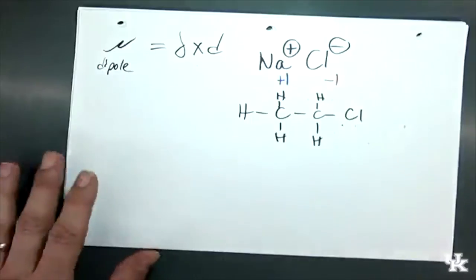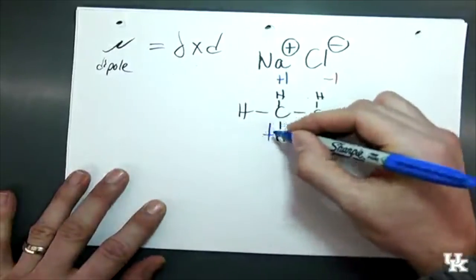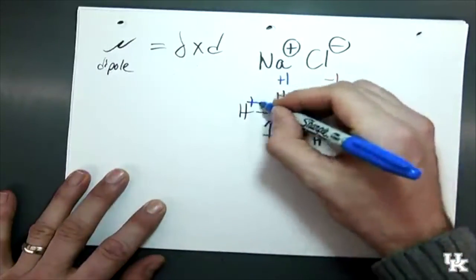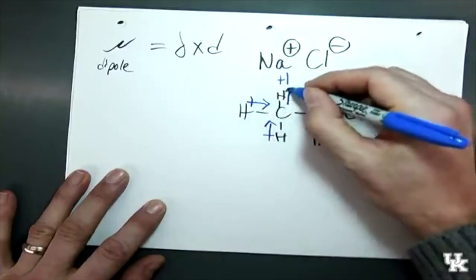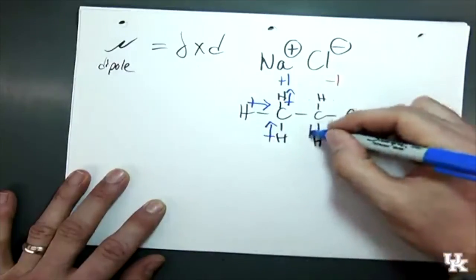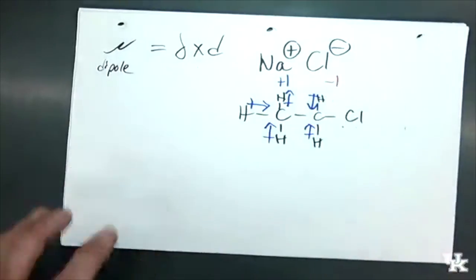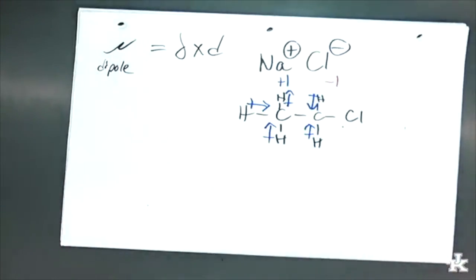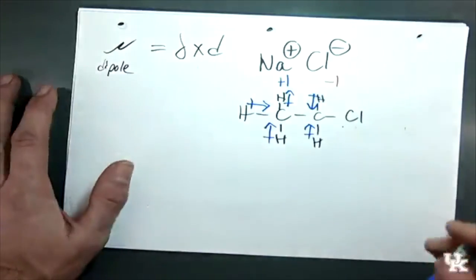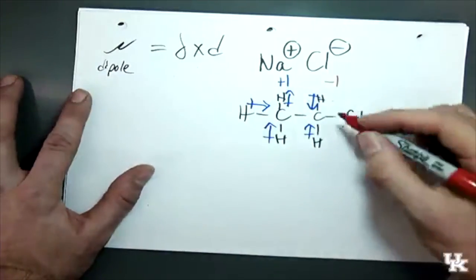So every hydrogen has a small dipole pointing towards the carbon. But then also chlorine is a lot more electronegative than the carbon in comparison. So you're going to have a much larger dipole going towards the chlorine,